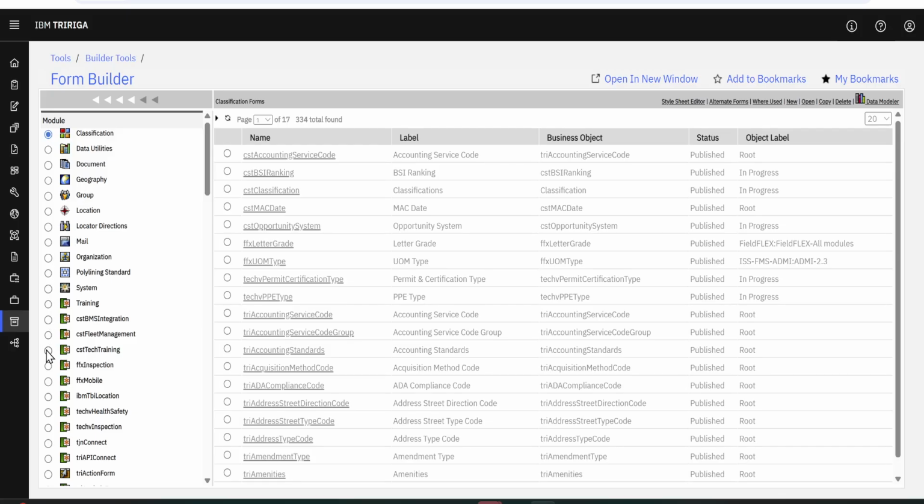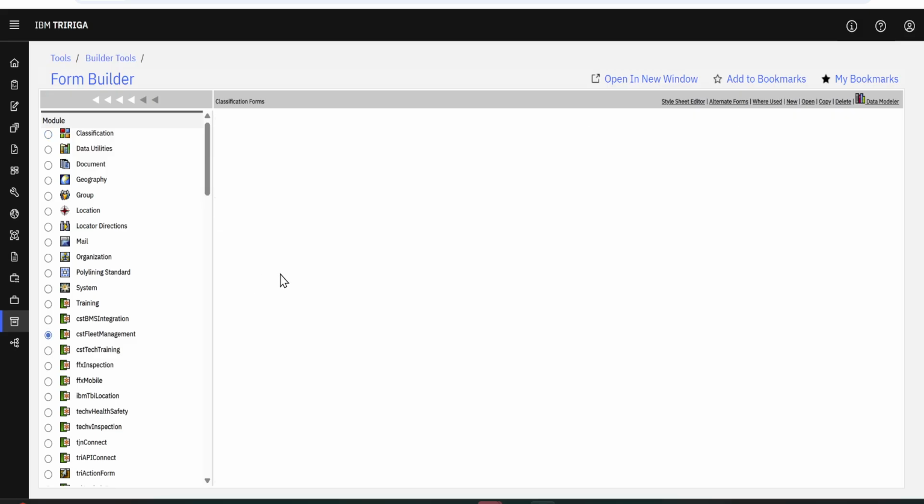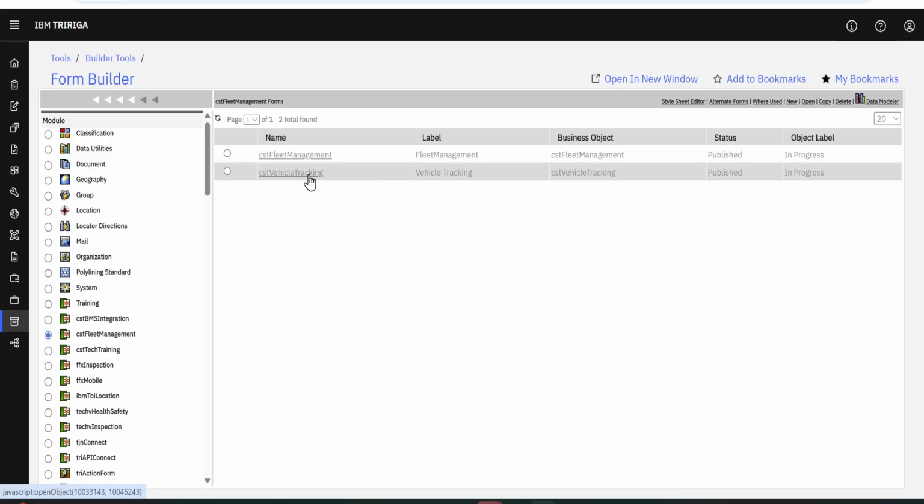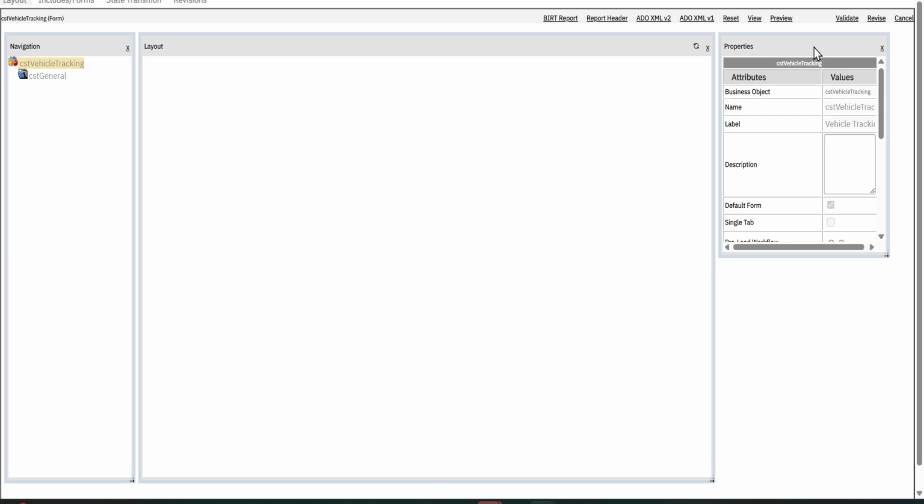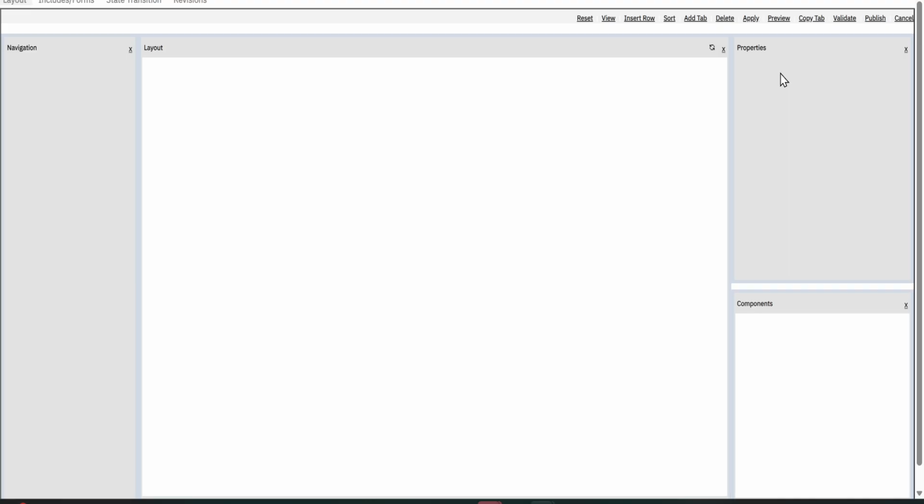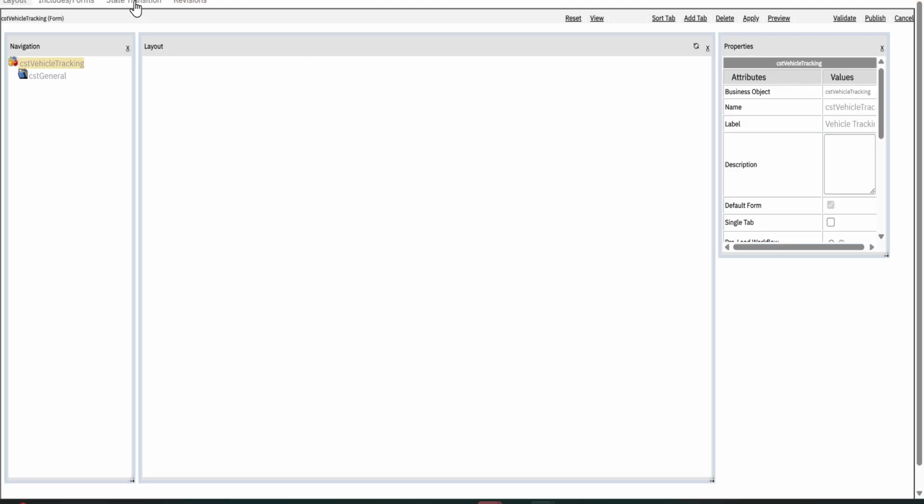and on the left hand side again I will select fleet management, your vehicle tracking form, and then I will revise it. Here I can click on revise and I can go to state transition,